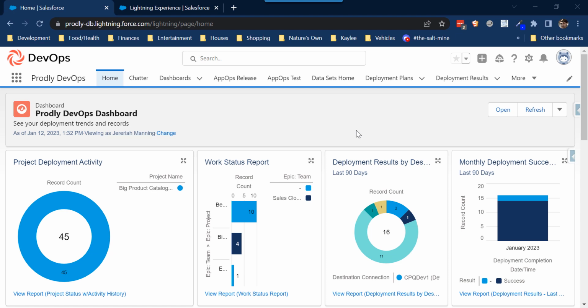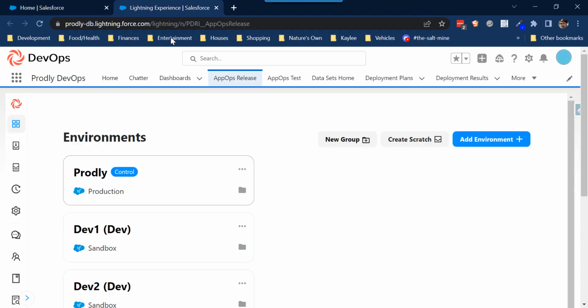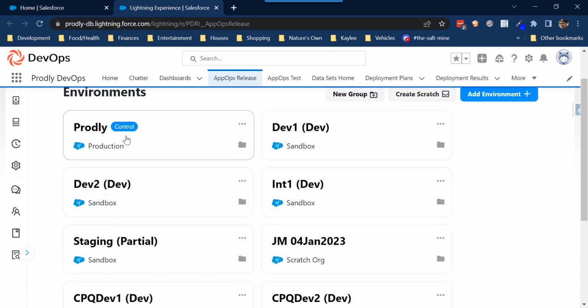Today we're going to take a look at Prodly's integration into Jira, a very popular work management solution that allows users to track deployments against certain tickets that are within Jira. So I'm logged into my environment, my control org right now, and we can see I've got my control environment